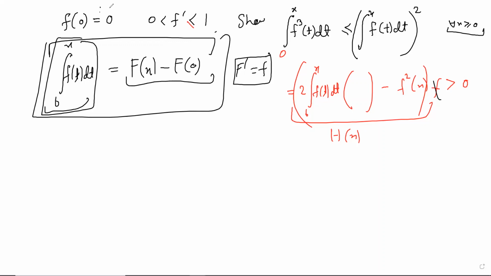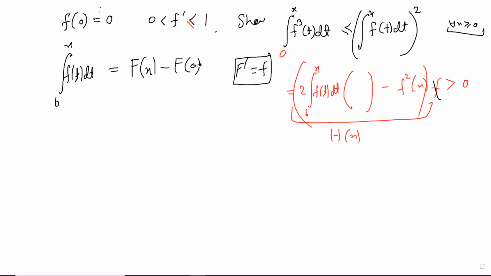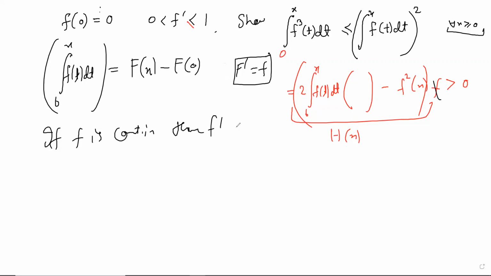That's all. So if f is continuous, you can do all this simply. So the point is that when you take the derivative of this, you do not need f to be differentiable. That's what I was trying to say. That this automatically becomes, so yeah, maybe I didn't say it. So if f is continuous, then f has